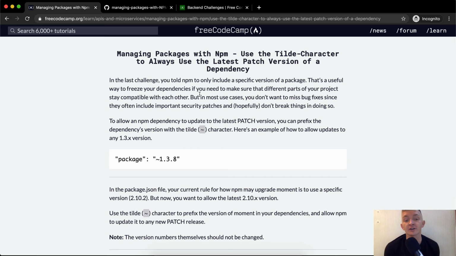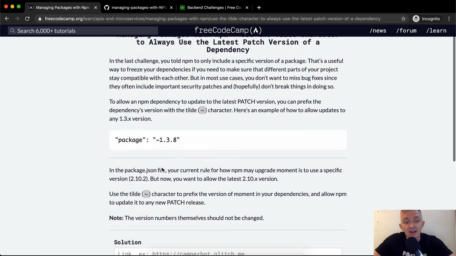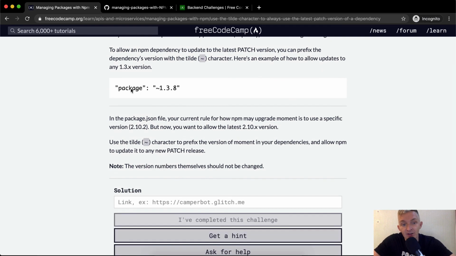with the tilde character. Here's an example of how to allow updates to any 1.3 version. So they write 1.3 with a tilde. So here, if the package, and the package is just a whatever name, this isn't actually one, and they're saying tilde 1.3.8. So if they do it like this, then if there comes out a package of 1.3.9, it will update